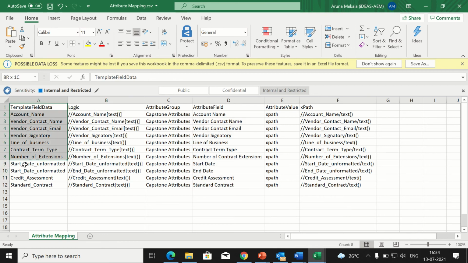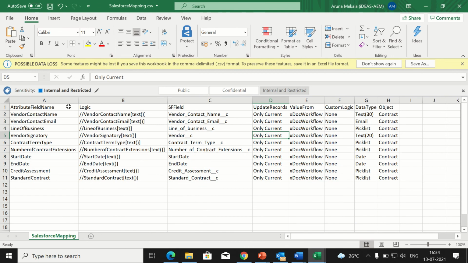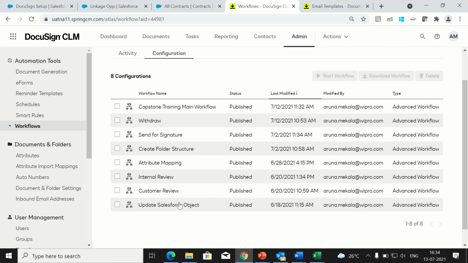So this is the CSV being used to update the attribute mapping. Similarly, the Salesforce update also uses a CSV file, where it takes the values from the updated attribute field values and updates the Salesforce fields. So this is about the Salesforce mapping and attribute mapping.